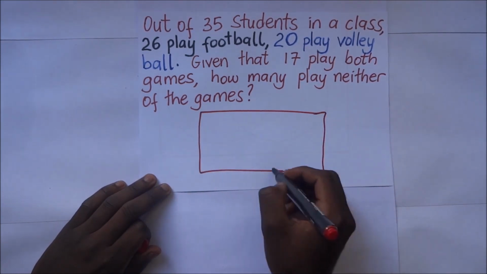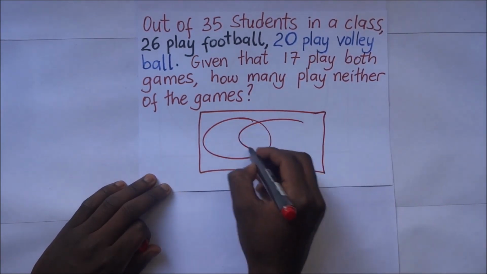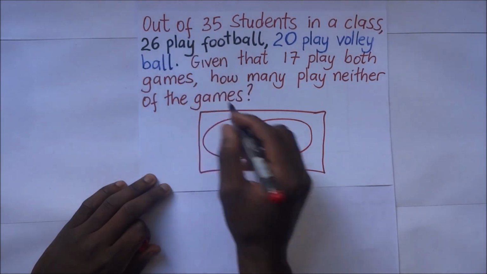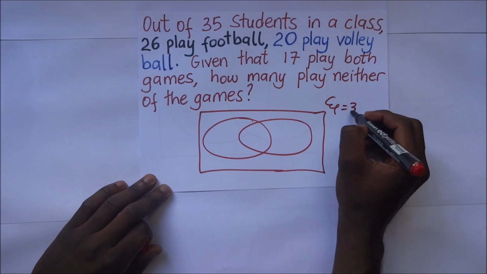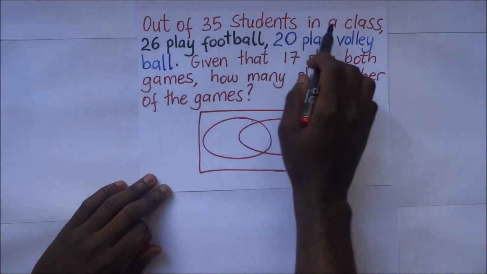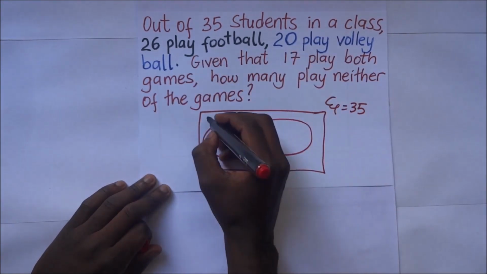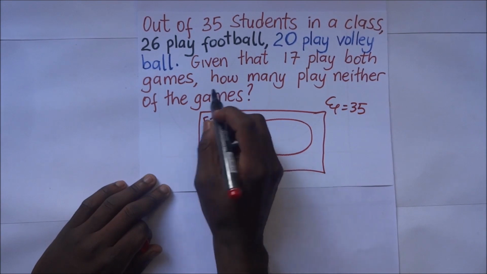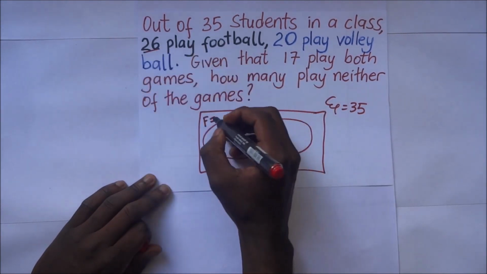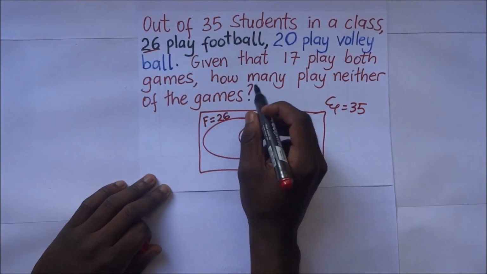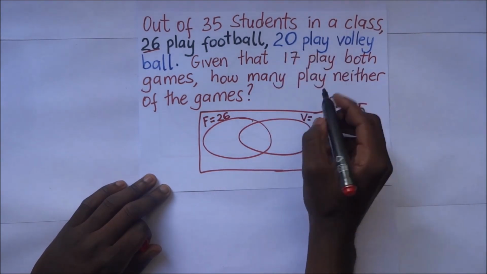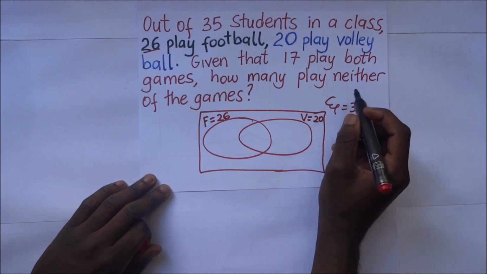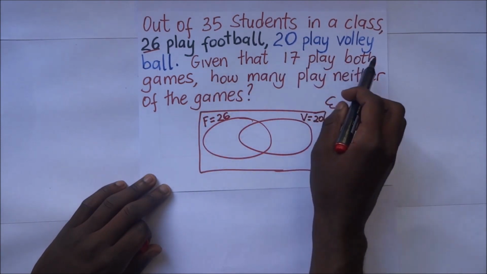If this is our rough Venn diagram, we are having out of 35 students, it means our universal set is 35. In a class, 26 play football. So those that play football are 26. So football is 26. 20 play volleyball. So those that play volleyball are 20. Given that 17 play both games,